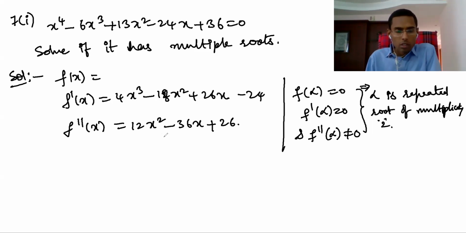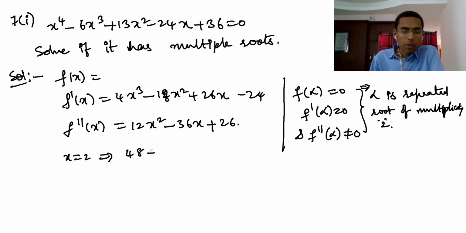Now here in this one, if you see, we can try to find some root or not. If I substitute plus 1 or minus 1, it doesn't work. Plus 2 or minus 2, if I put x equal to 2, you have to check like this: 4 twelves is 48, minus 72, plus 26. So this is also not going to work. Negative is surely impossible.